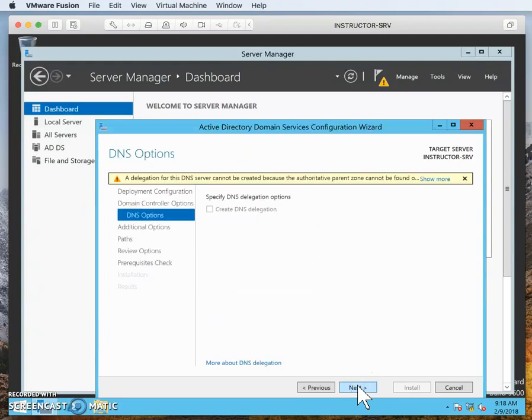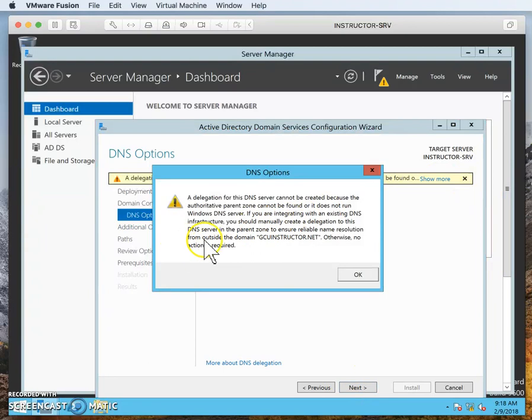Hit next. And it's going to give you a little warning here about some DNS information. This is really just a soft error. You can just go right through it. Basically, it's making sure that if you're integrating with an existing DNS infrastructure, you should manually create a delegation for the DNS server in the parent zone to ensure reliable name resolution from outside the domain